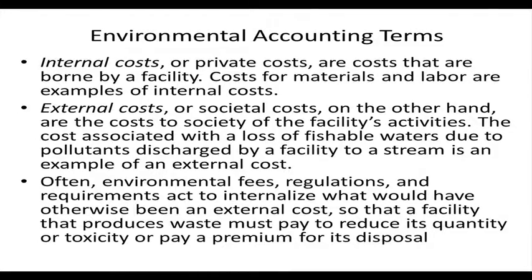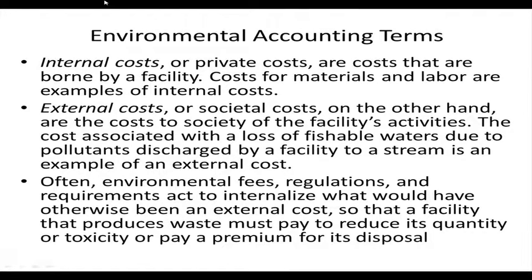So there is an internal cost or private cost. What is that? Those are the costs that are borne by a facility. Cost of material and labor are examples of internal cost. So it's a cost that is borne by a facility, so they are paying for it. And external cost or societal cost, on the other hand, is the cost to society